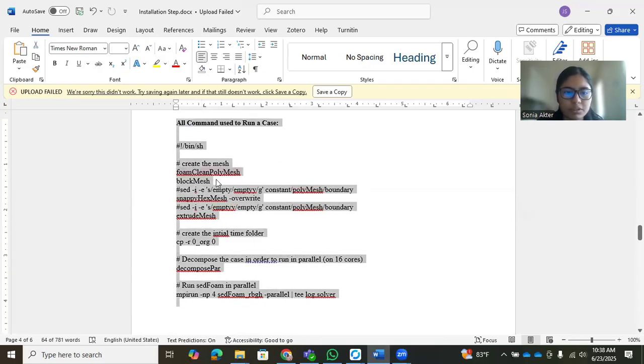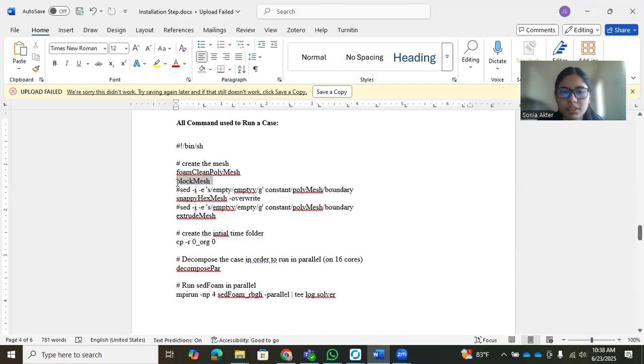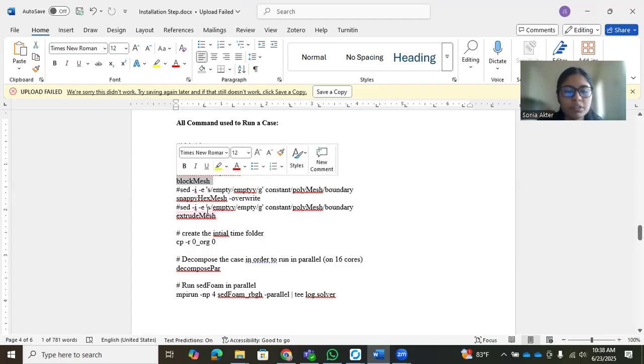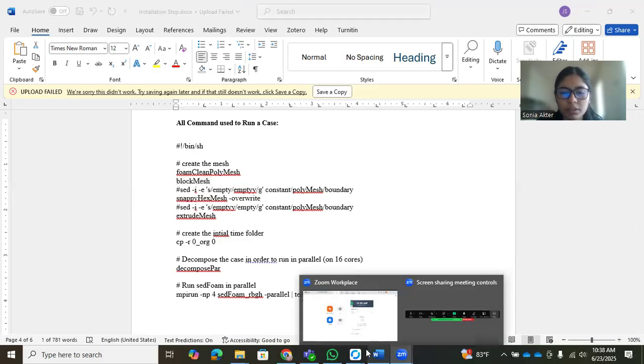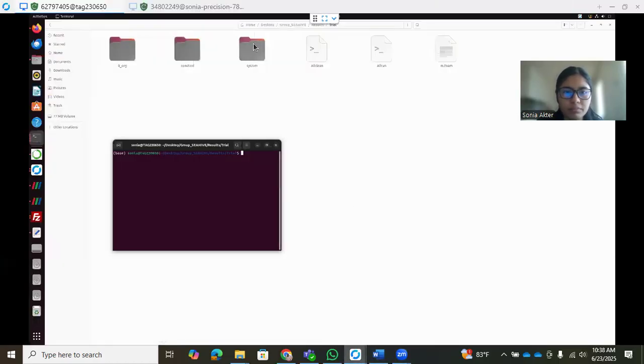The first one is blockMesh. The blockMesh is used to create a geometry. We can create a geometry from any other software like ANSYS or another one. But OpenFOAM also has the ability to create the structure. If it's simple, then we can use the blockMesh file. So if I go to the blockMesh file,